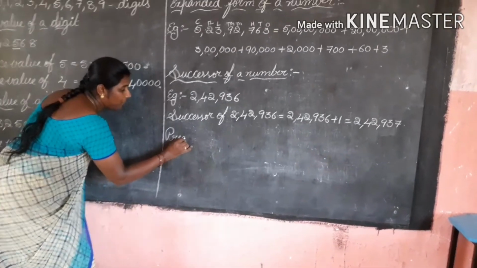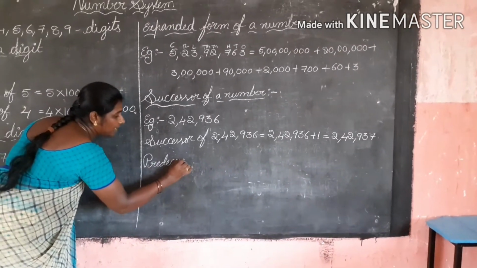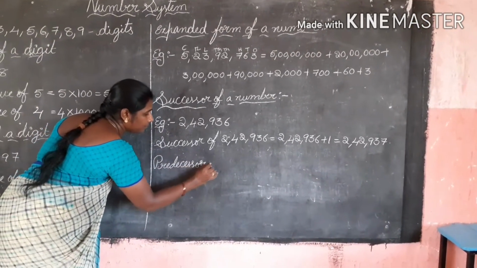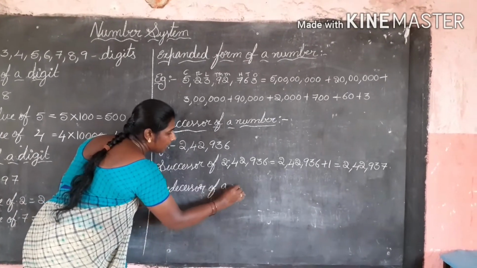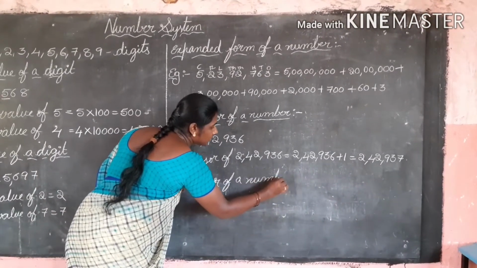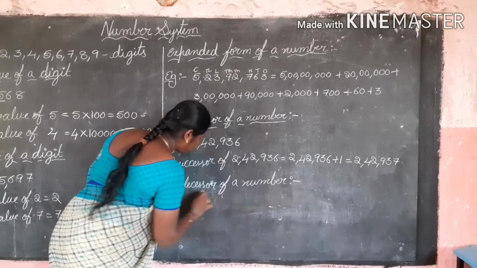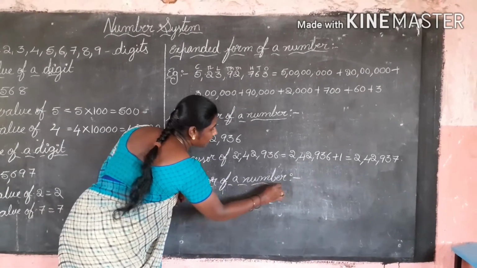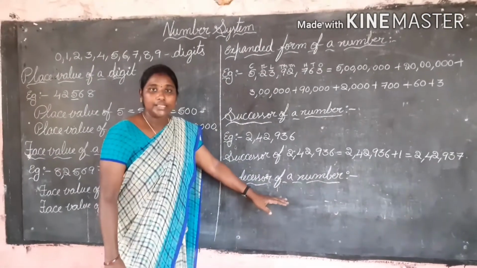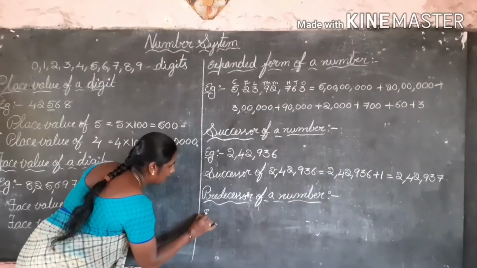Next, how do we get the predecessor? Predecessor means the number before, we subtract 1 from the given number. Predecessor of a number. Predecessor means the number before, we have to subtract 1 from the given number. Suppose for example,